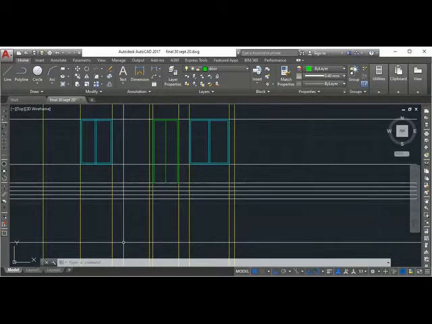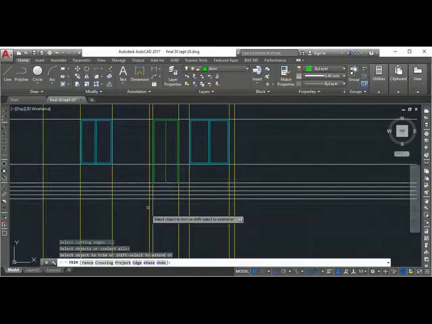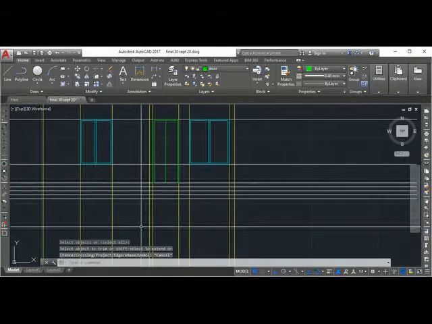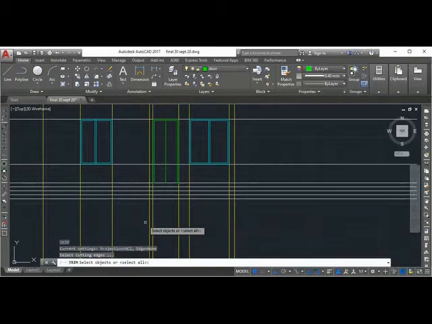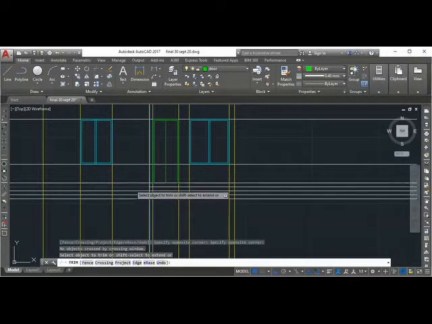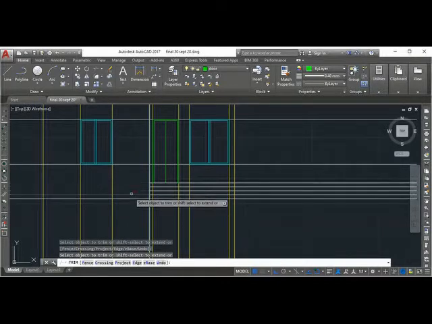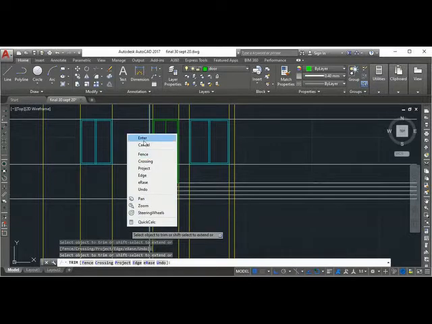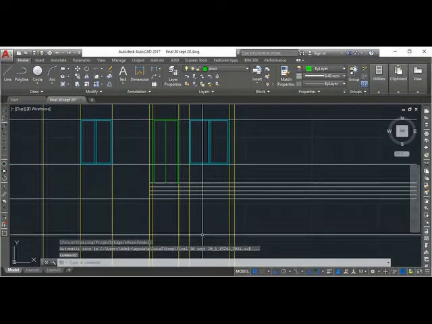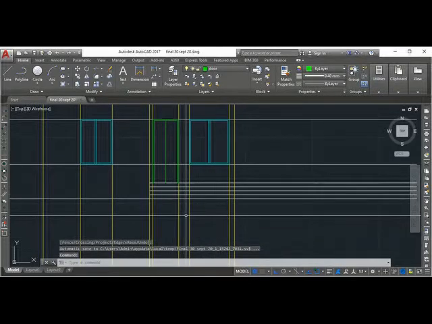Trim. Select this. Trim, TR, enter. Here. You can cut this line. This width of the steps is 1.3, 1,300.